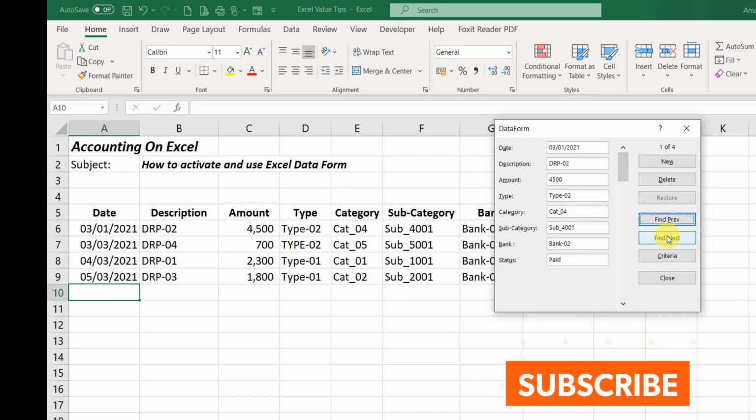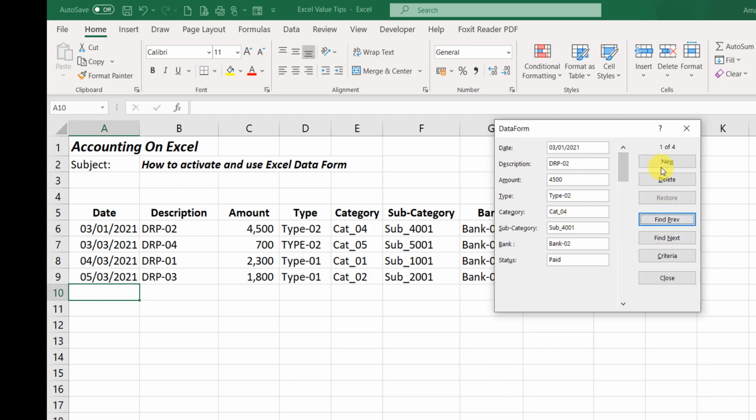Right. So that's what those two buttons will help you do. Now, if you want to add a new data, you just click on new. So I would add another data, I'll say 6th of March 21. Then use your tab key to go to the next column. Right, description will be DRP 01. Let's leave it at that. The amount is